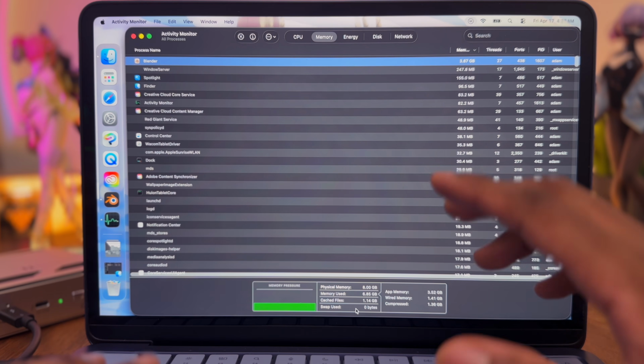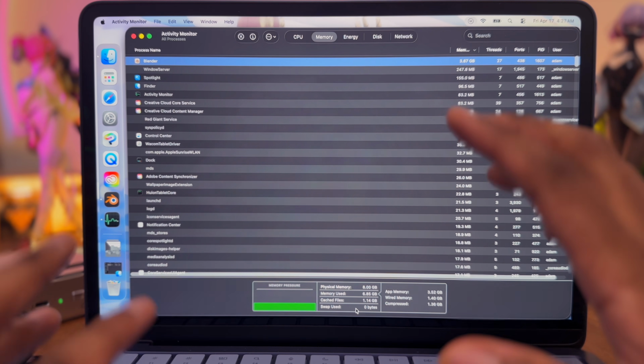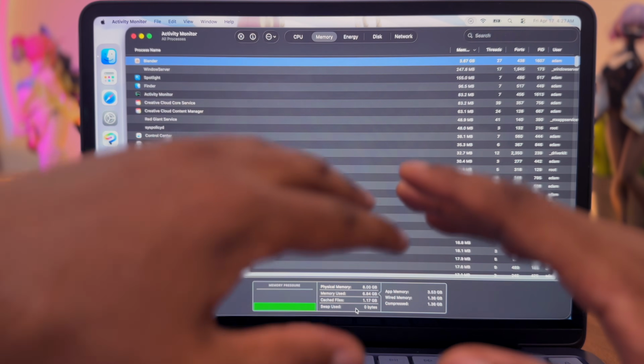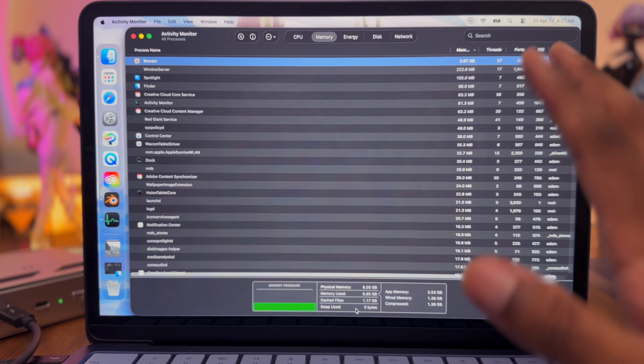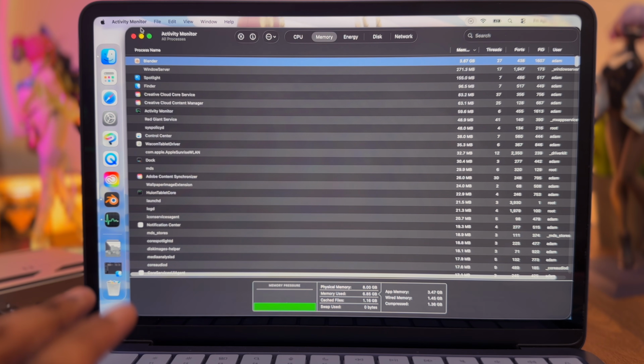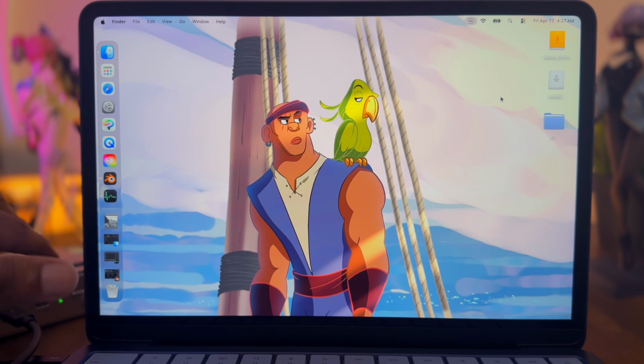That's why I do recommend, if you are getting the MacBook Neo, either get an external hard drive so you can have some free space on your machine to be used for swap memory, or get the 512 gigabyte version. Which, speaking of which, I do actually have hard drives connected, and I am connecting them